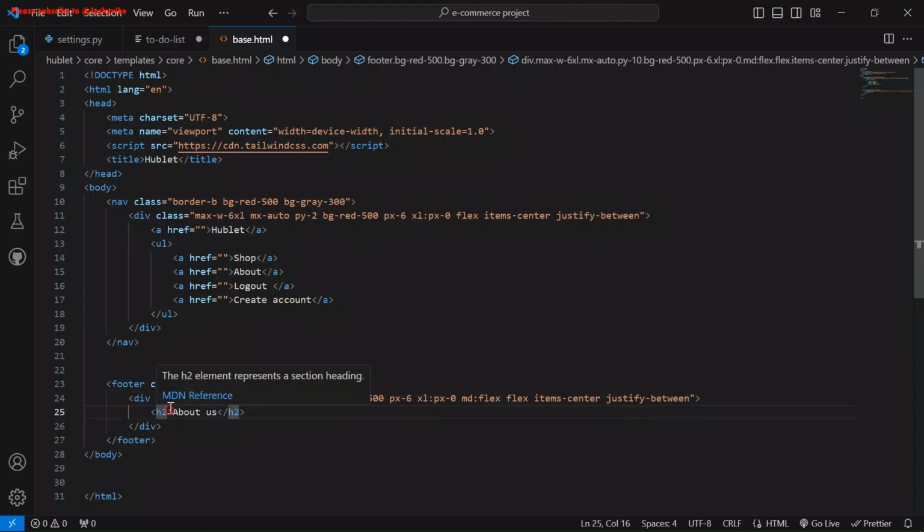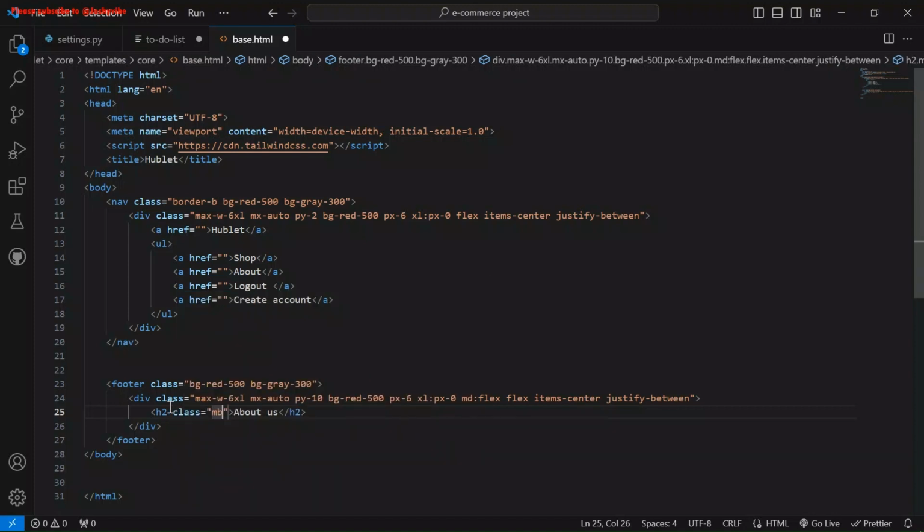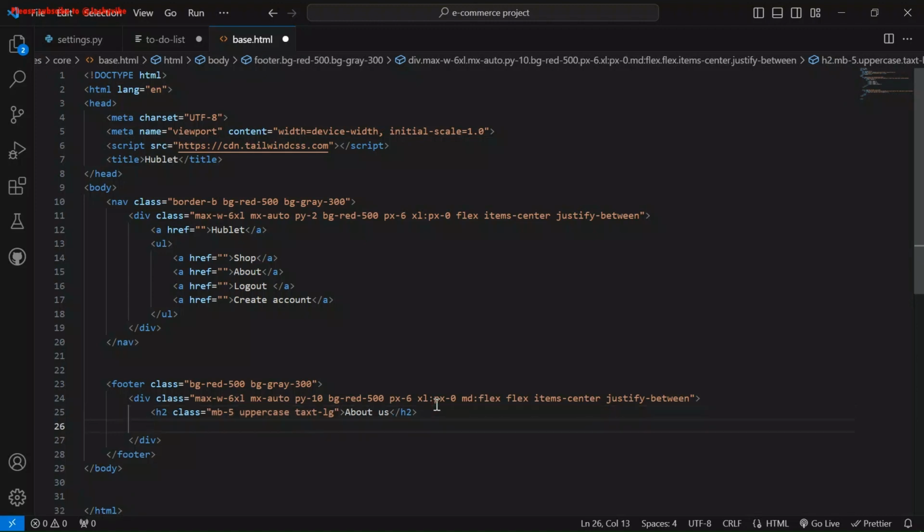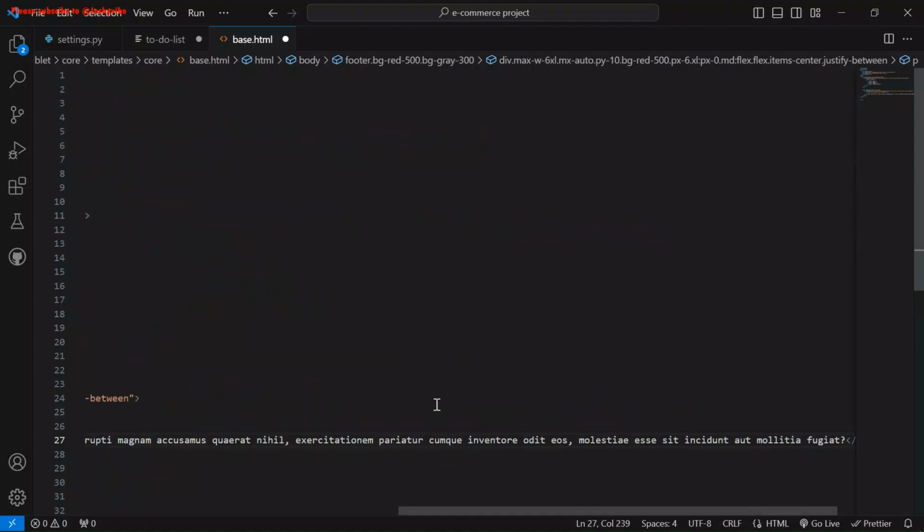This, let's put class margin bottom 5. Then we can make it uppercase and make it text large. Next we add a paragraph, so I can just put Lorem. I feel like this one is even too,